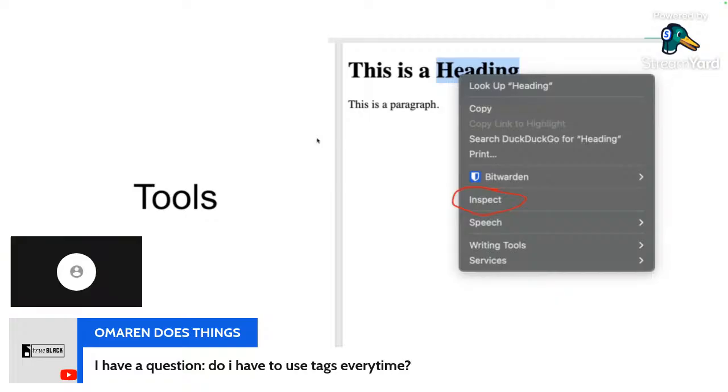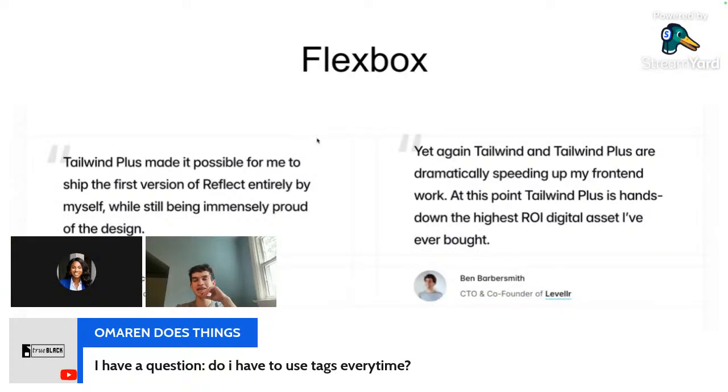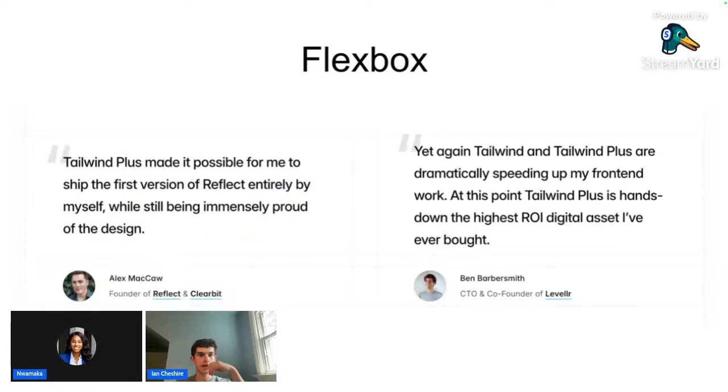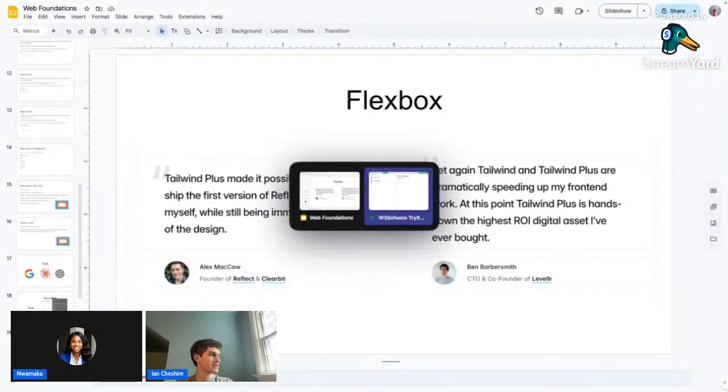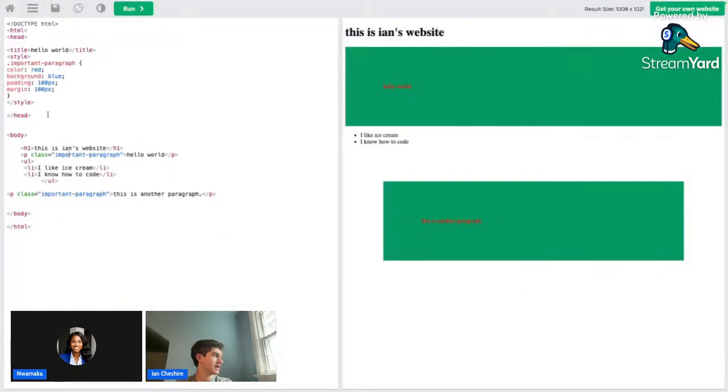All right. One thing we also have to cover that might be a little bit too advanced for today, but we'll cover it. It's called Flexbox. When you're making all these things and positioning them, the way to use ID for color, how to use ID to do that. So yeah, you can use in CSS,